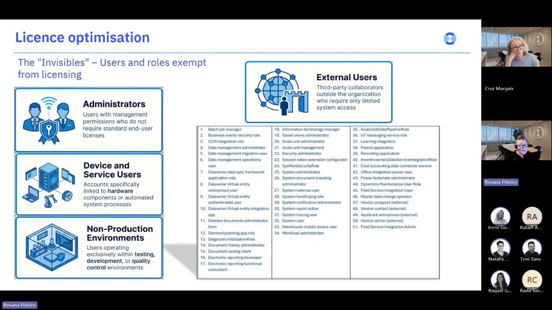Non-productive environments, sandboxes and development environments, are also exempt from licensing. We also have a list of roles, which you can see here on screen, that do not provide interactive or business functionalities. As long as they're used correctly with the users, they will not need any license requirements.